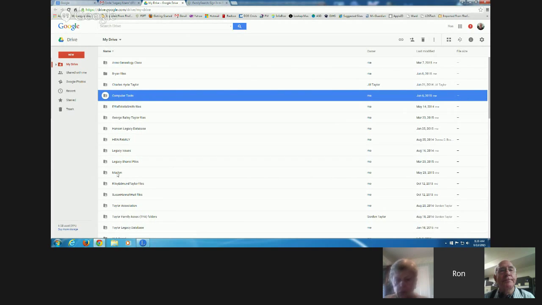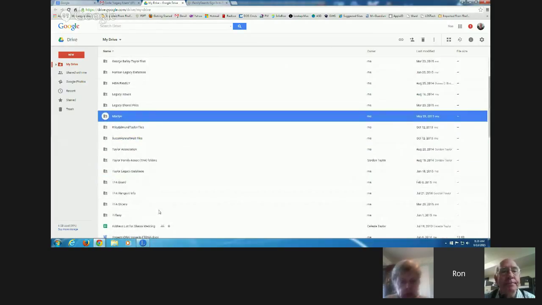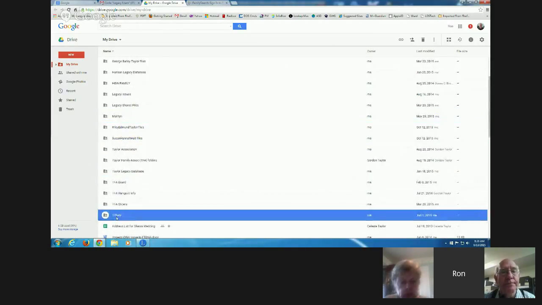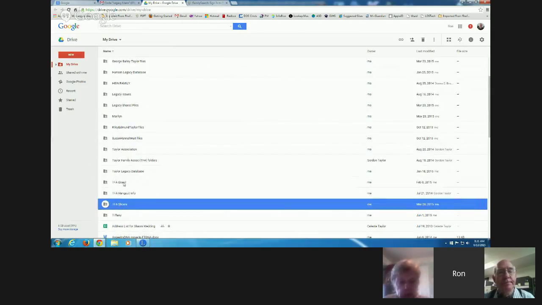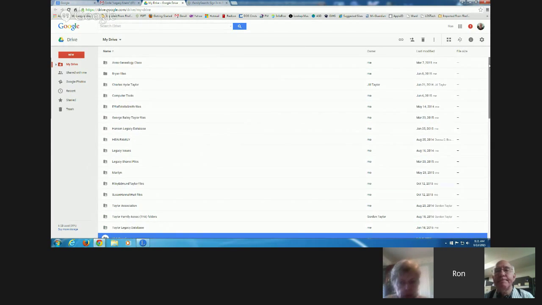So I've got a folder, for example, that I used to share with my sister Marilyn. And I think there's another folder down here. There's one I share with my daughter Tiffany. Here's the TFA Slicers folder, the Taylor Family Association Board of Trustees folder. Anyway, all these folders are out here.